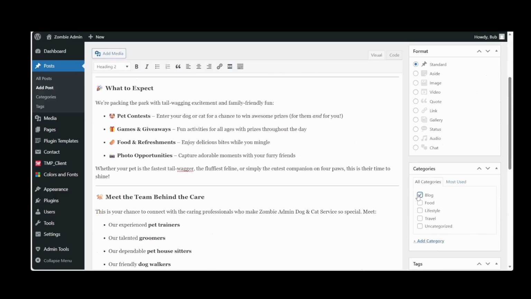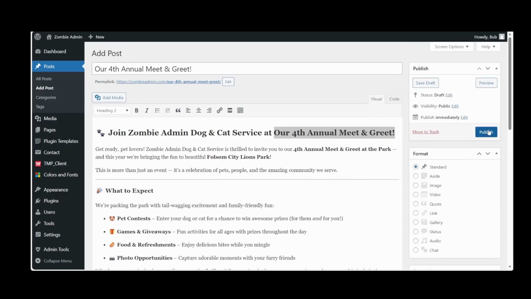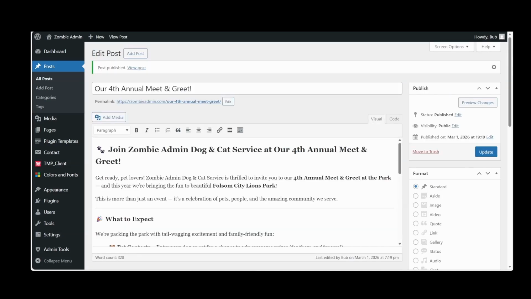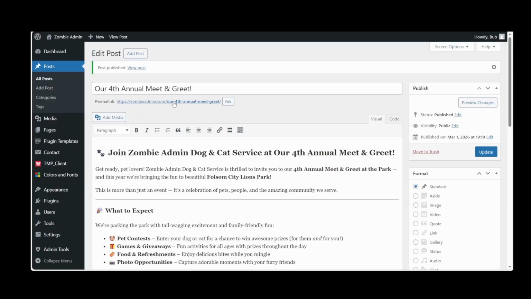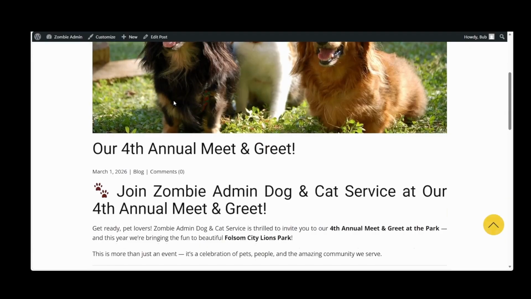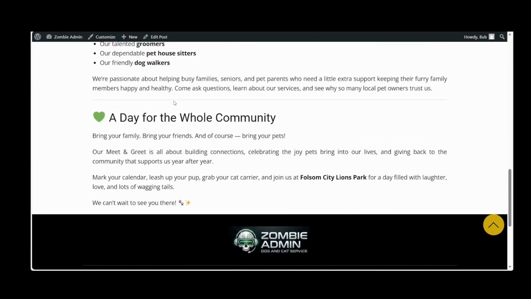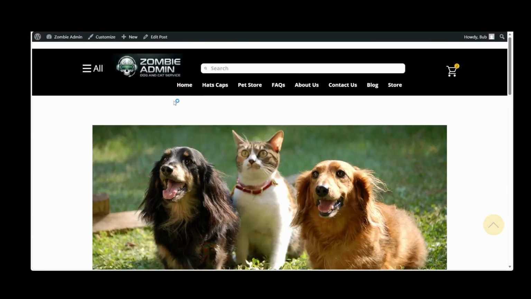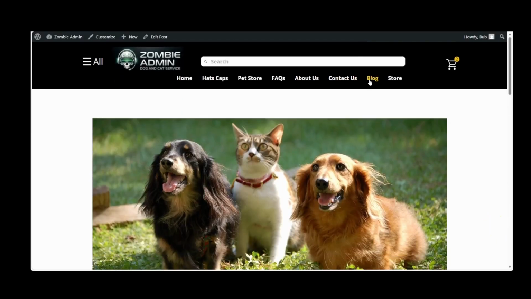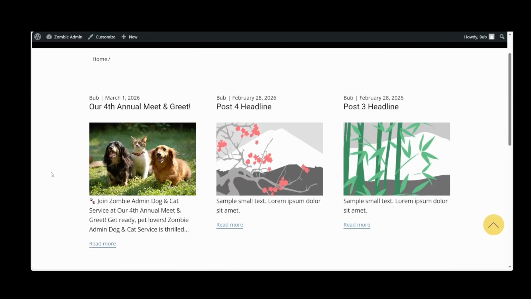We'll set it for blog category, and let's publish. Let's go to the front end and check it out. That looks pretty nice. I like it. Let's go to blog. And there it is right there.